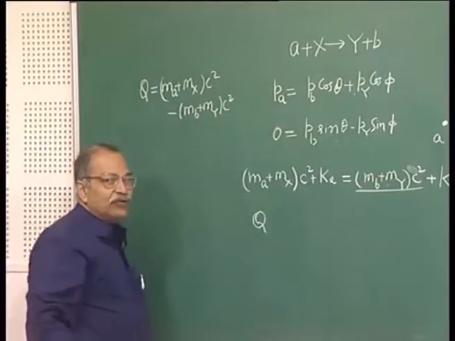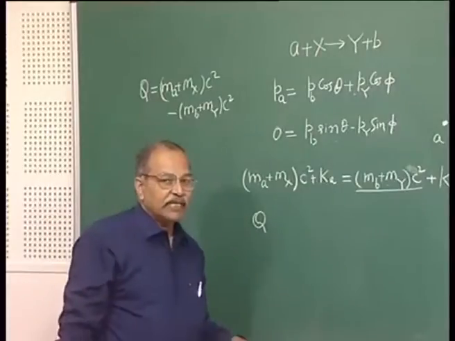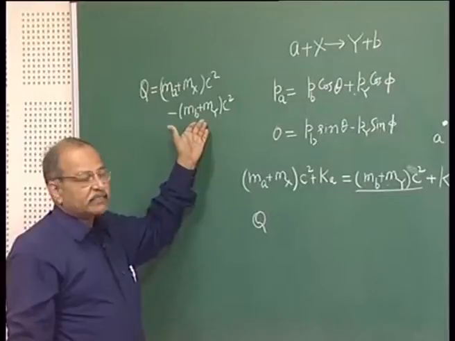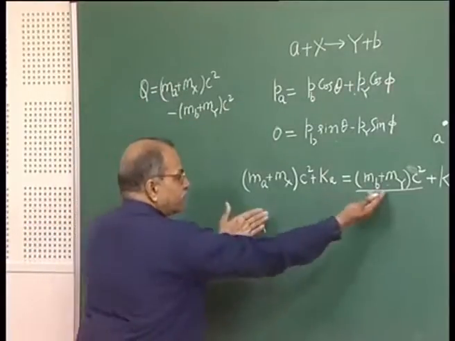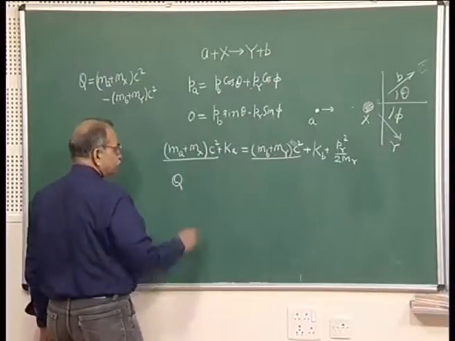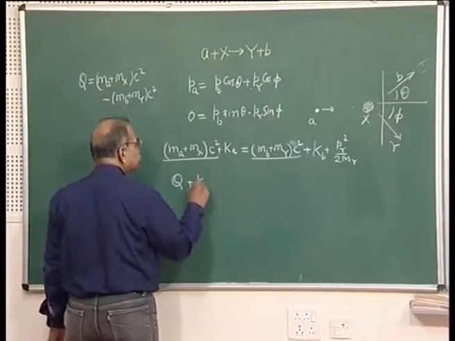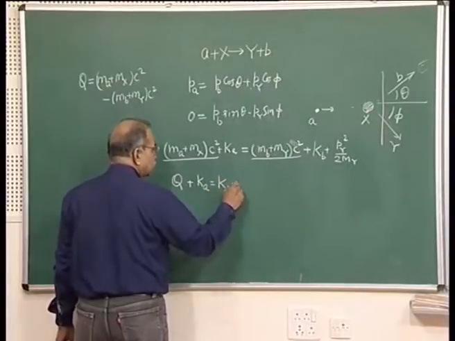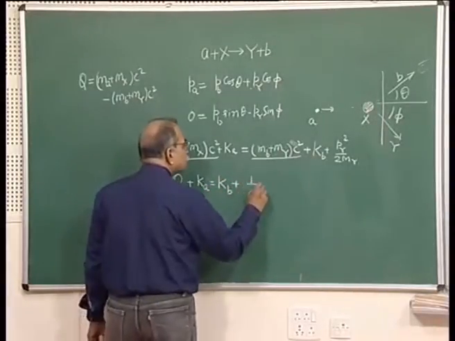So, Q value we had been talking for quite some time, the initial rest mass energy minus final rest mass energy, that we write as Q. So, if I take it to this side, then this minus this is Q plus Ka is equal to Kb and plus 1 over 2my